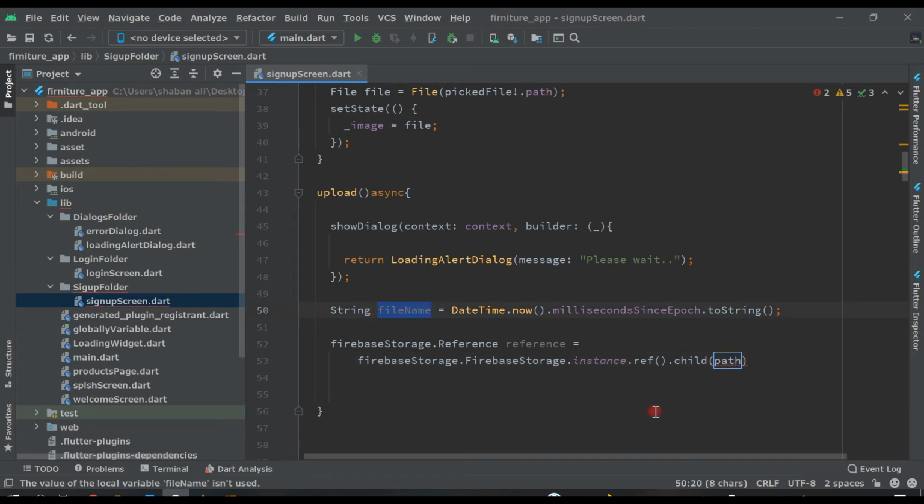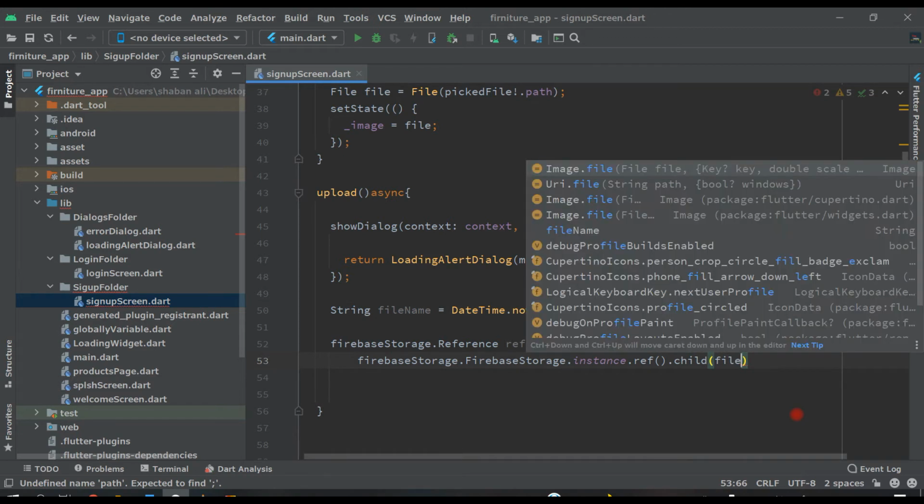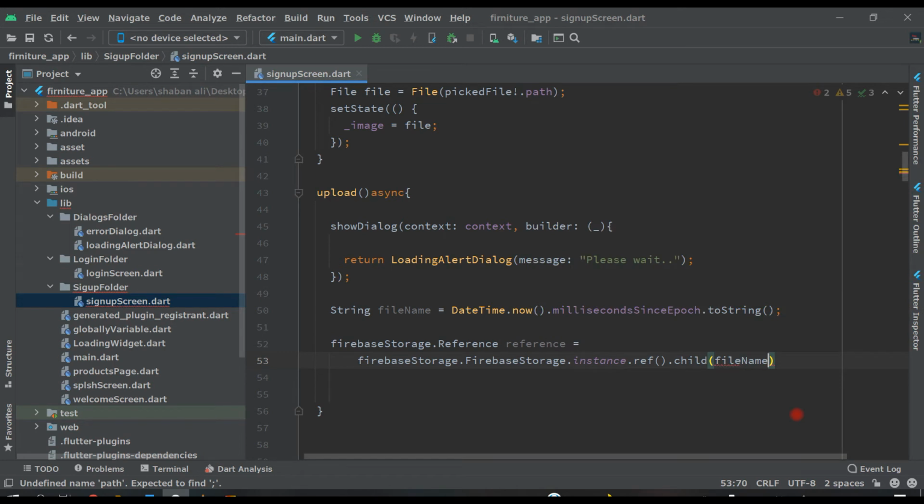This is the variable, so here we put fileName, this one. Then put semicolon.